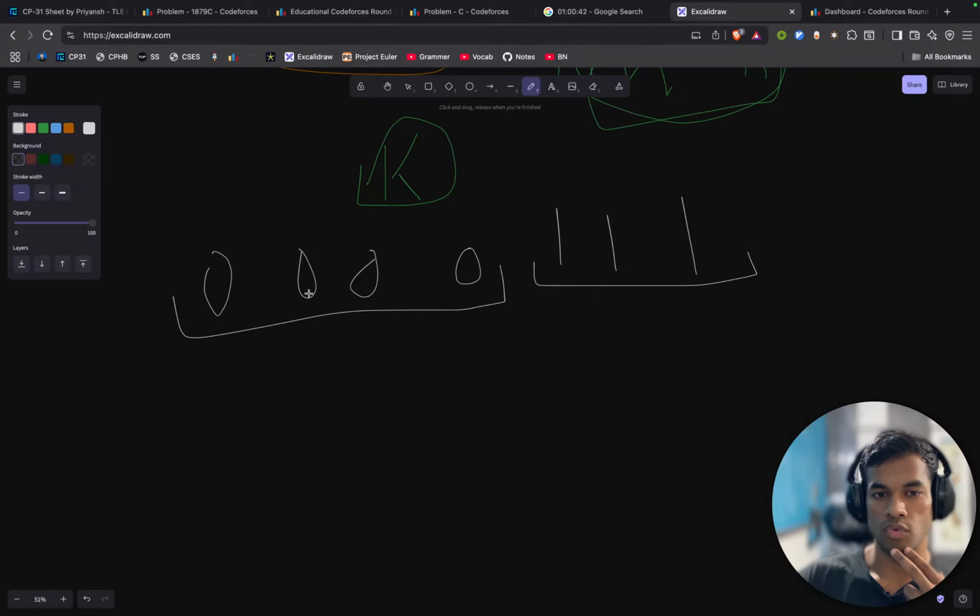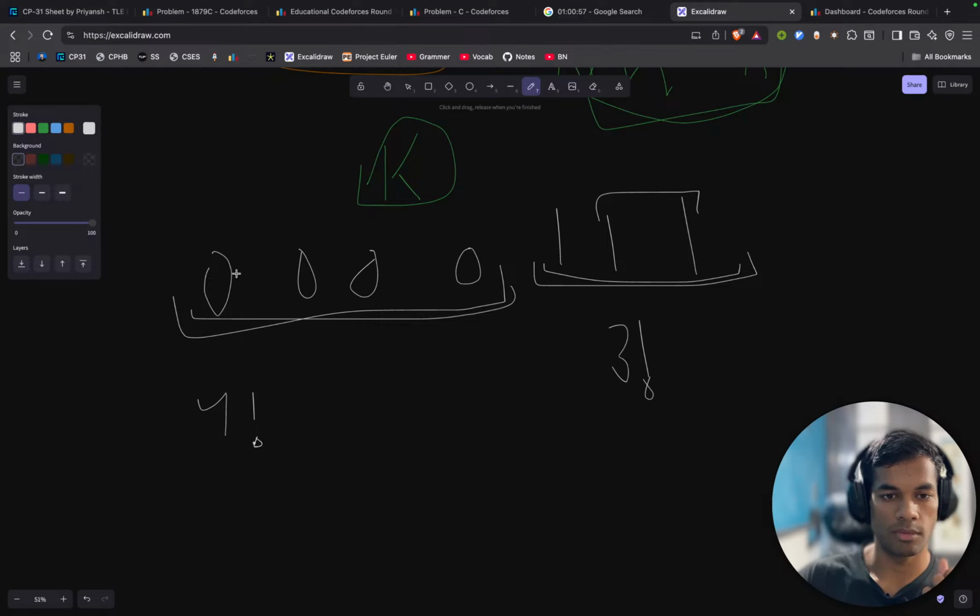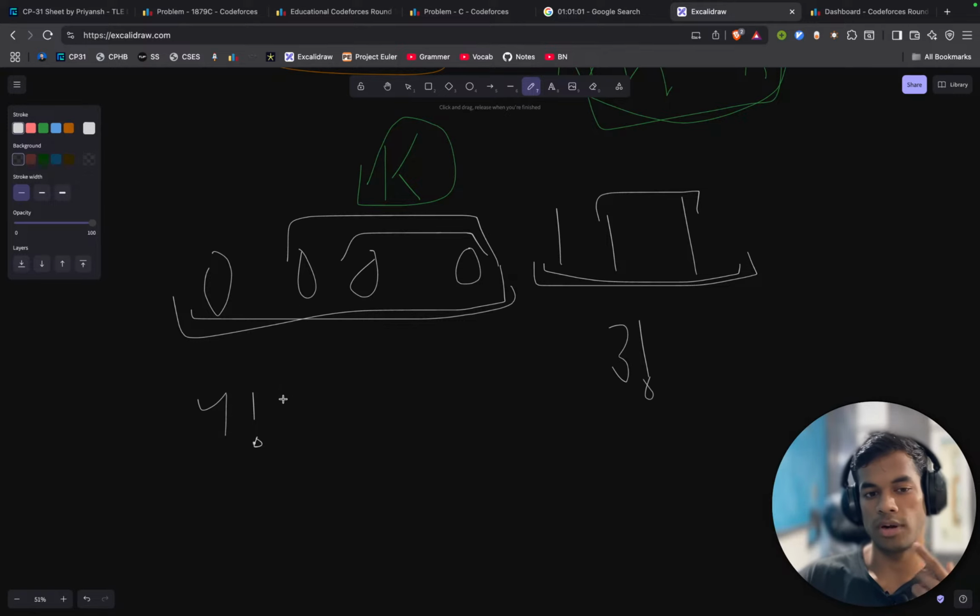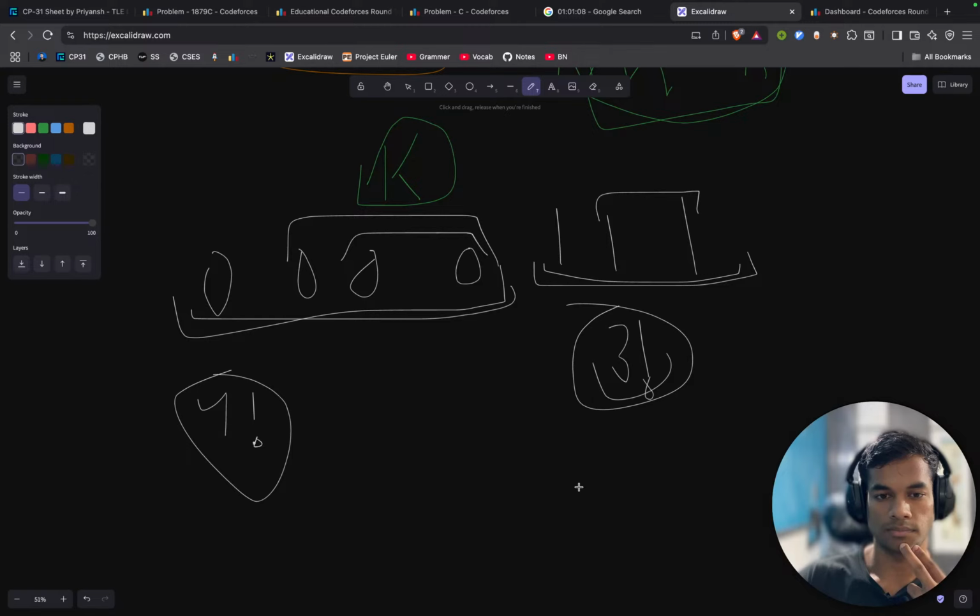Here I need to choose. Here the permutation would be 4 factorial, and here it would be 3 factorial, because for the first number I have 3 choices, for the second number I have 2 choices. And now I have made my choices, and here for the first number I have 4 choices, then 3, and then 2, therefore 4 into 3 into 2, and here 3 into 2. And what do I do with these numbers? If I just multiply them,